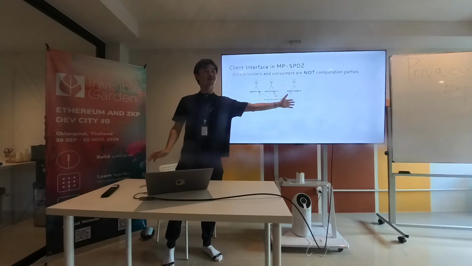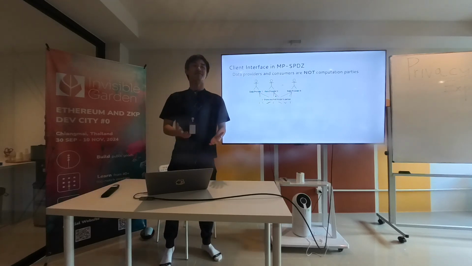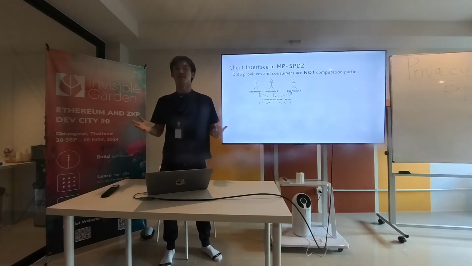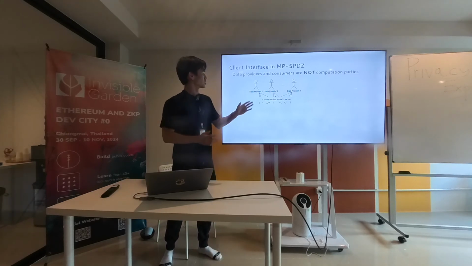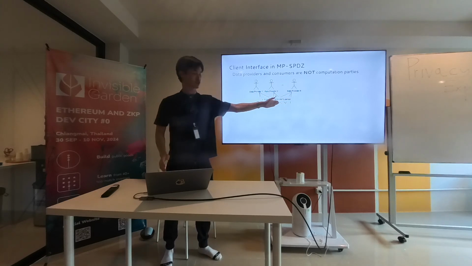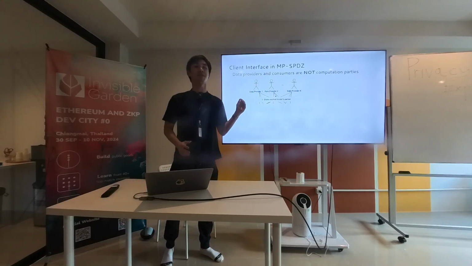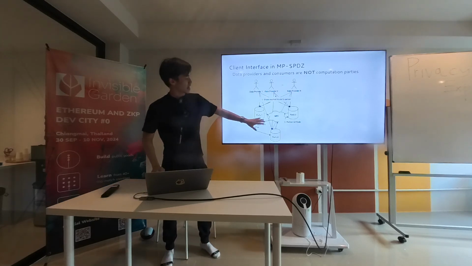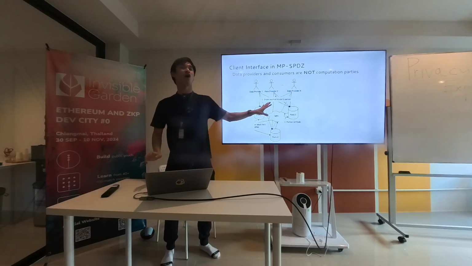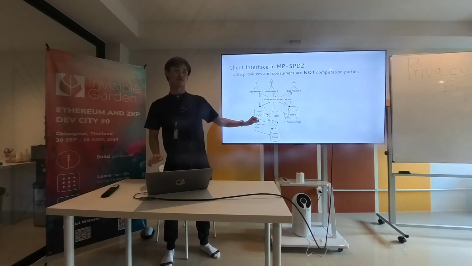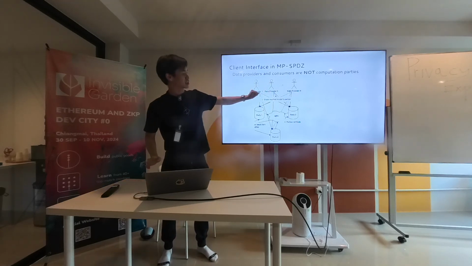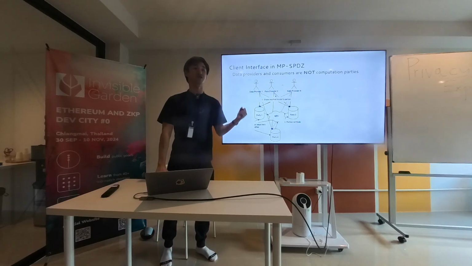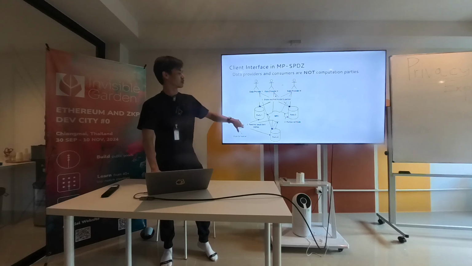These guys are data providers, but now they don't want to be online all the time, because it doesn't make sense. Let's say I want data from thousands of people. It doesn't make sense for them to be online all the time. So they just share input data with the computation parties, which are separate from these guys and get the input here. These are the only ones online all the time to compute the result. So we delegate the security to them to compute, and then another party called the data consumer will just log in and boom, I get the result back.